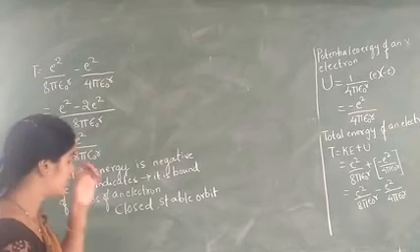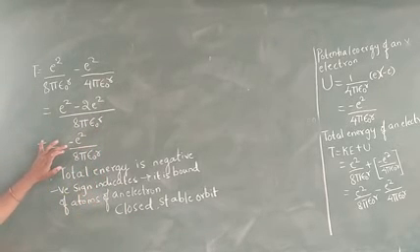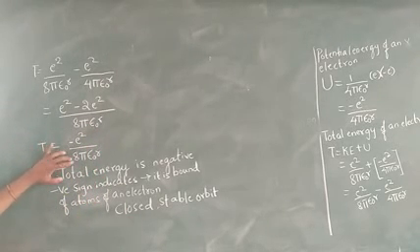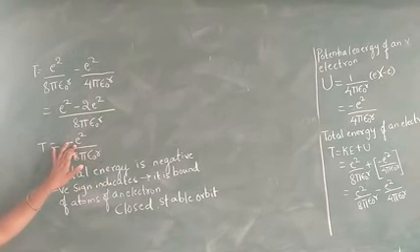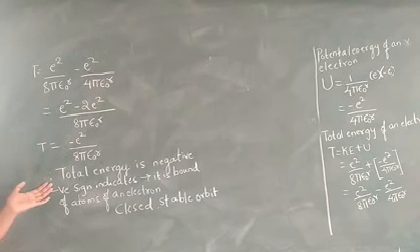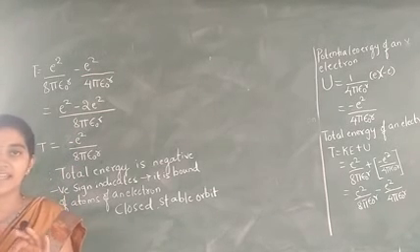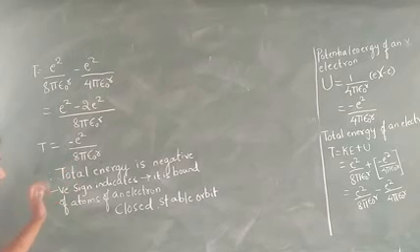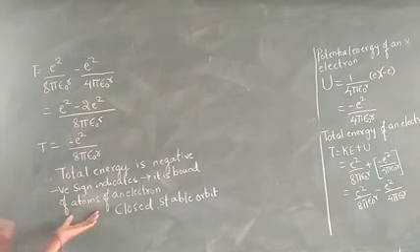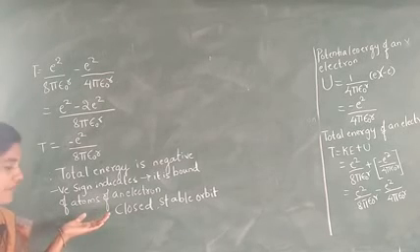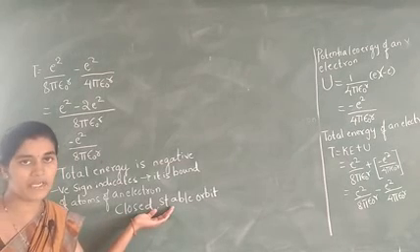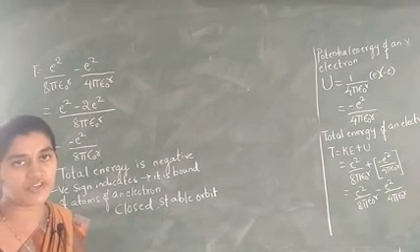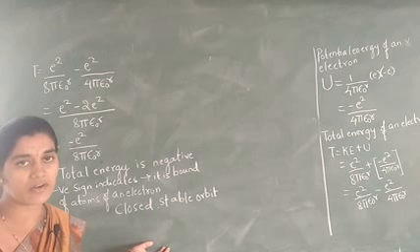Here, according to the total energy, we are getting the negative sign, that is minus e square divided by 8 pi epsilon naught r, where r is the radius and e is the charge we are considering. According to this, total energy we are getting is a negative answer. This negative sign indicates that it is bound to the atom, very close to the nucleus, and it is always in a stable orbit. This is the derivation for the electron orbits.